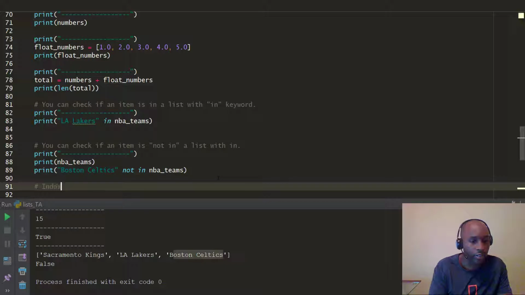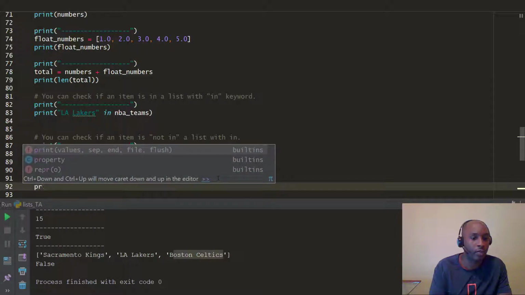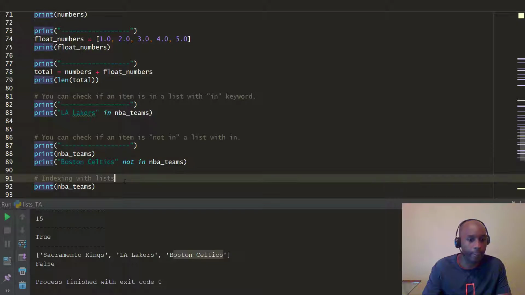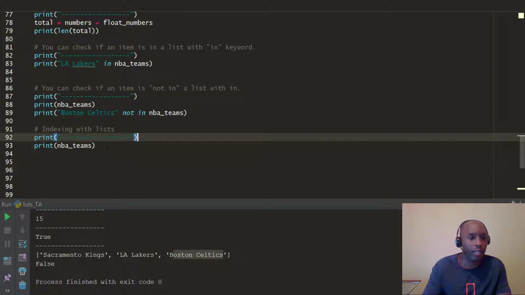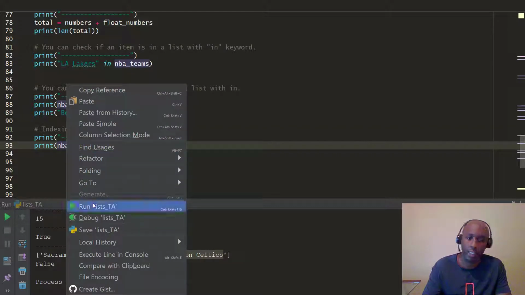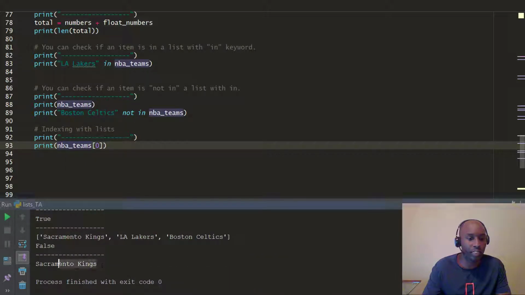Indexing. Also going to show indexing with list. So if we look at our NBA teams again, and we say print NBA teams, and we're going to just do the same thing. We're going to do index. You guys remember the index from our slicing? Index 0. What do you guys think that should print? It should print Sacramento Kings. So we just did the index for Sacramento Kings. Same thing. We do 1,